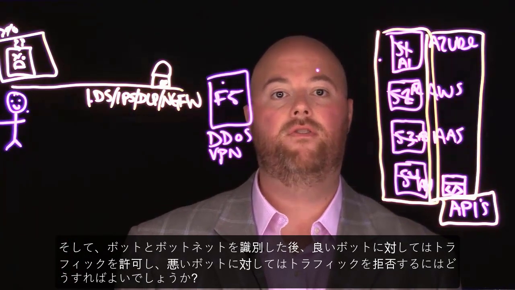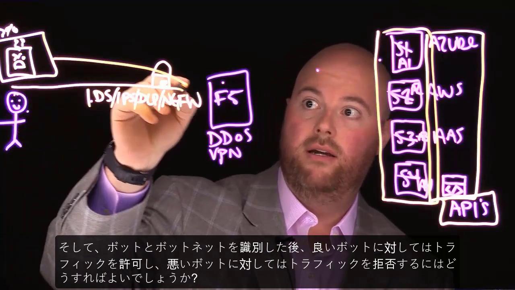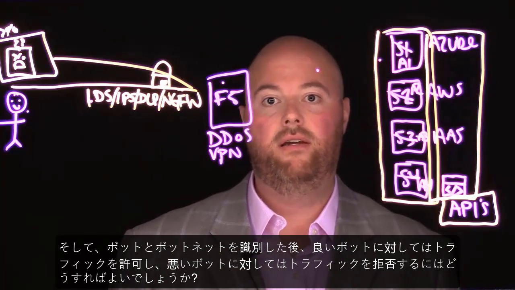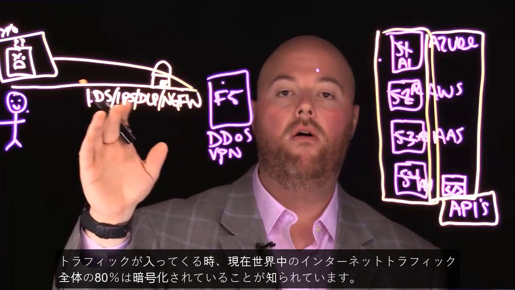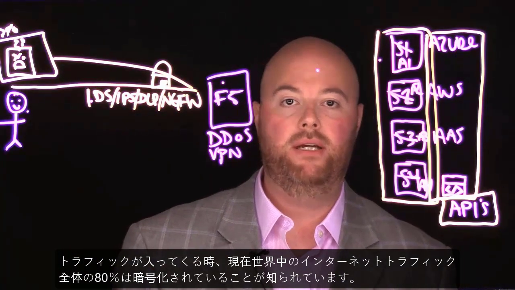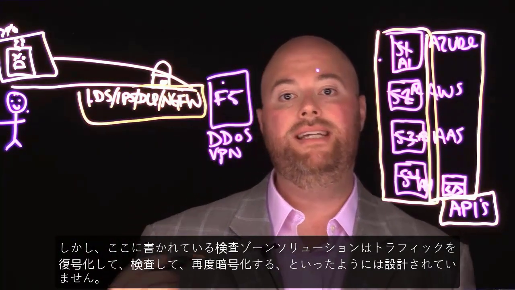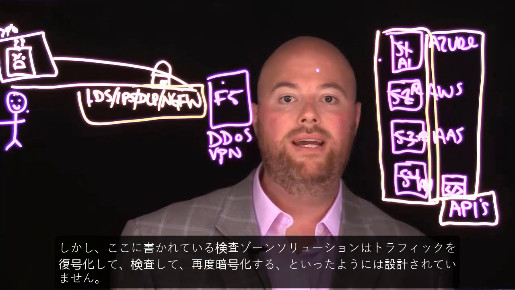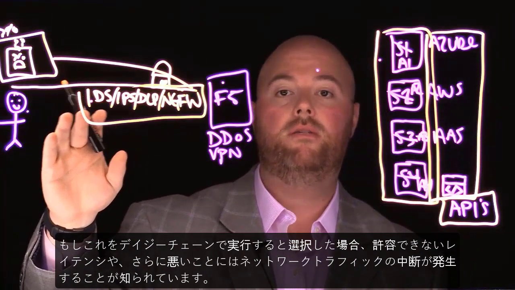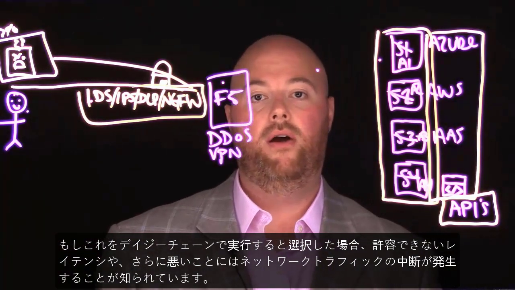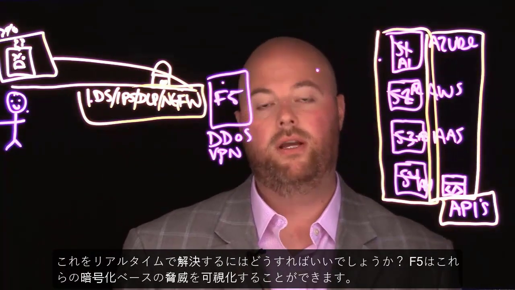after we identify bots versus botnets, do we grant traffic to the good bots and then deny traffic to the bad? Now, when traffic comes in, knowing that 80%, mostly all of the internet traffic today in the world is encrypted, and that our inspection zone solutions right here weren't designed to decrypt, inspect, and re-encrypt. Also knowing that if we choose to do this and daisy chain, we'll experience intolerable latency or worse, a disruption to the network traffic. How do we solve for this in real time so that we can have visibility to